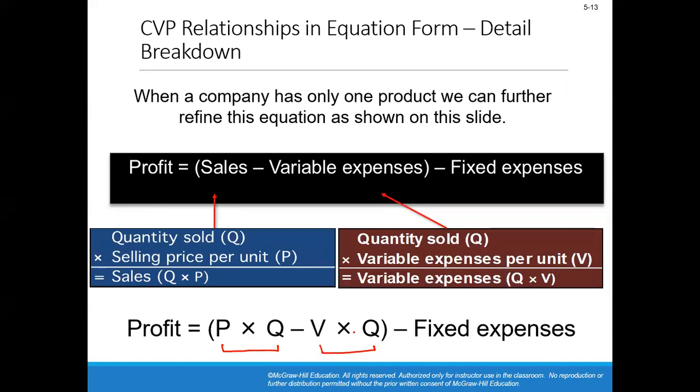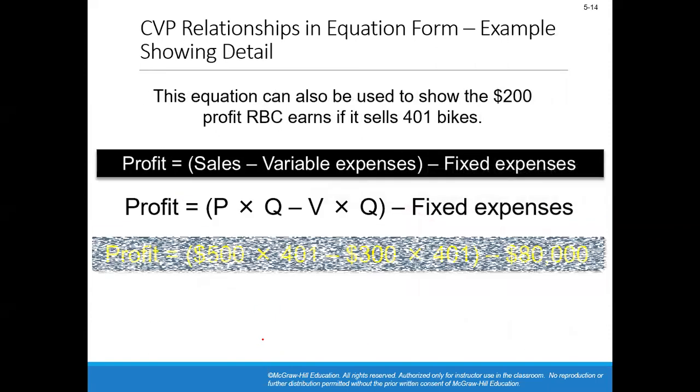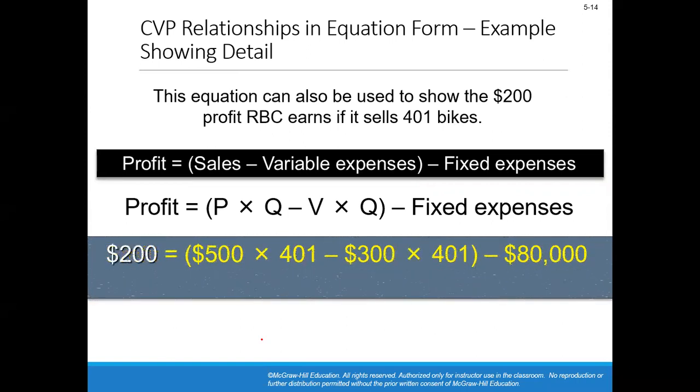When a company has only one product, we can use this simplest form. But companies selling a single product are a very small number of companies. So we need to do this calculation a number of times for the number of products. If we have 10 products, we need to do this calculation 10 times, for each product. Okay. So this is the way we can express the relation in CVP